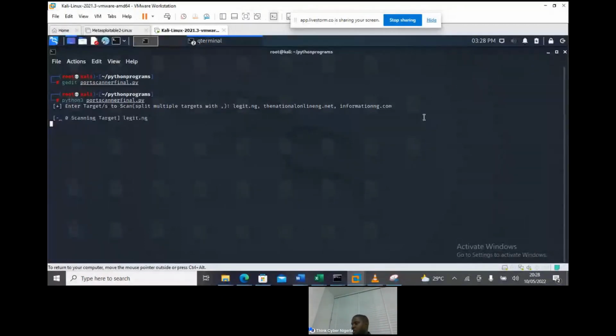Let's try this trace. So it's scanning. So you see, you can scan multiple, you can scan as many as 30. There's no limit to it.